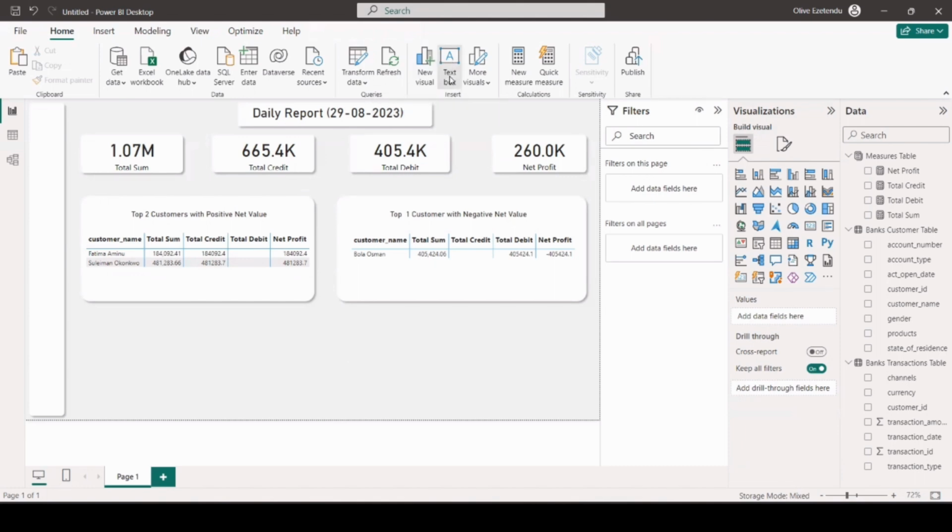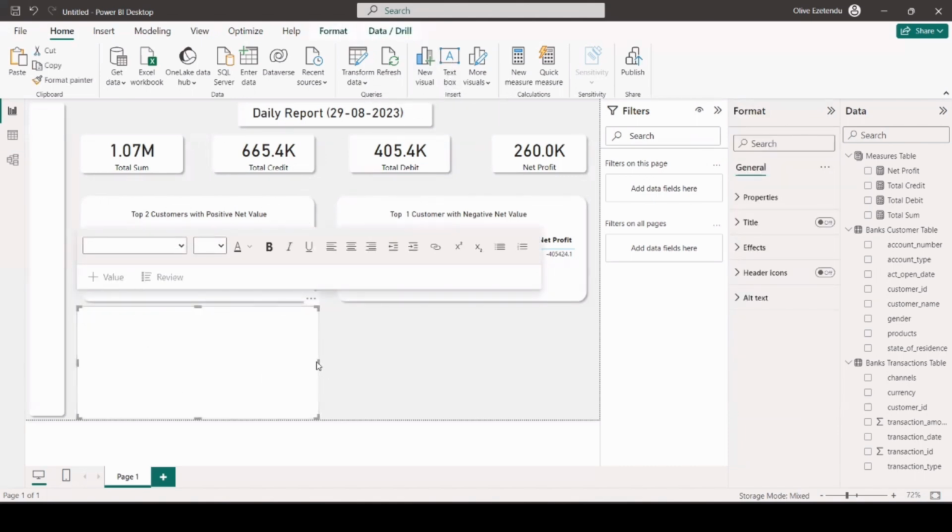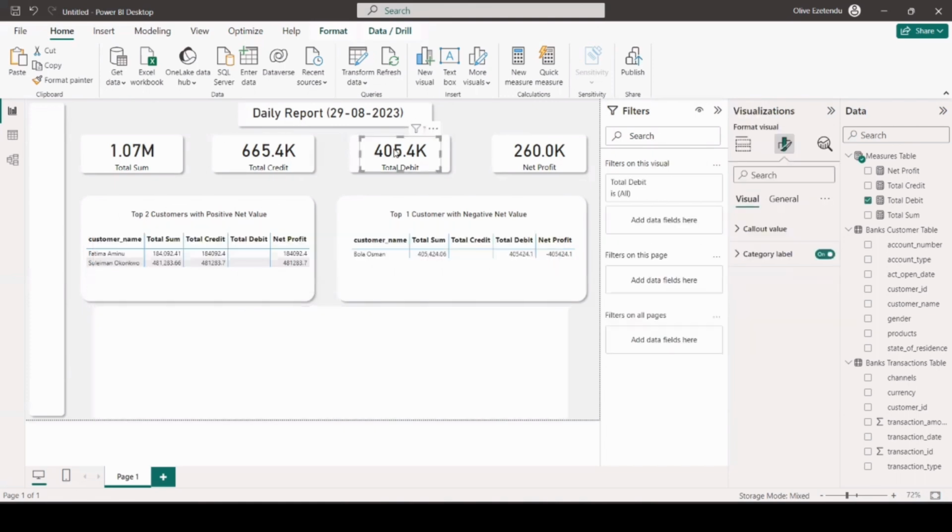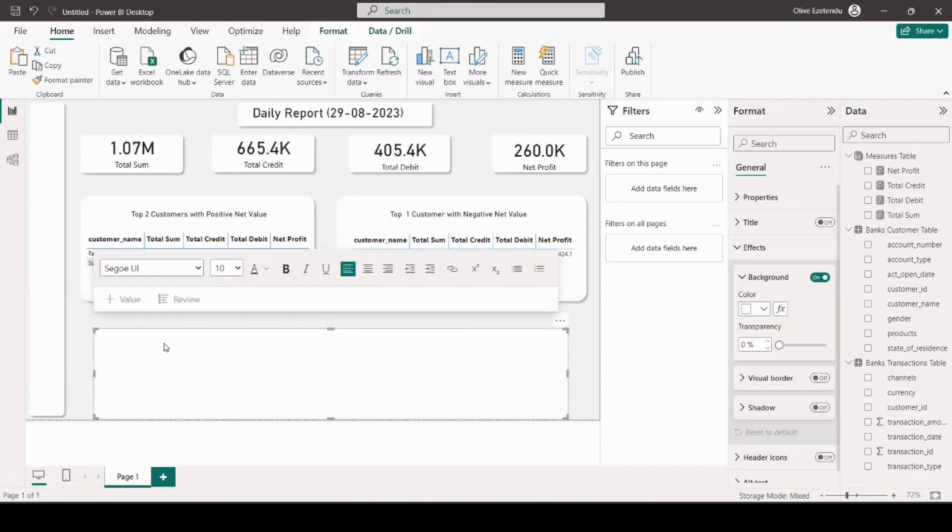The next thing we're going to do is just to write some notes for our stakeholders. We want to believe this is a daily report. That means you did something yesterday, right? So now you're going to check, was the transaction of yesterday more than the transaction of today? Okay, so let's say yesterday's transaction was 1.06, right? So we can just say the total sum increased from 1.06 M on 28 August